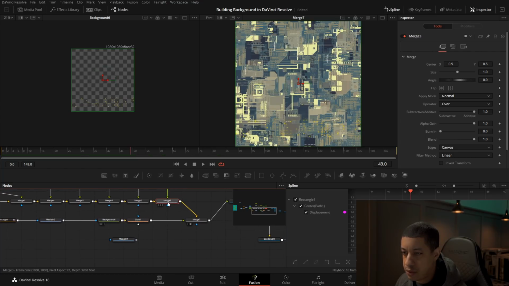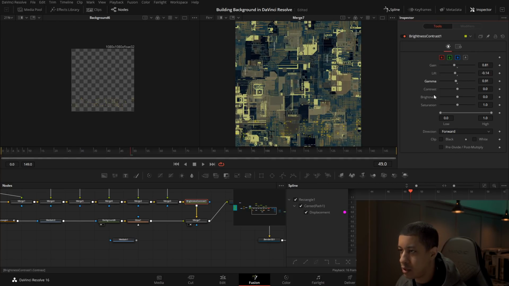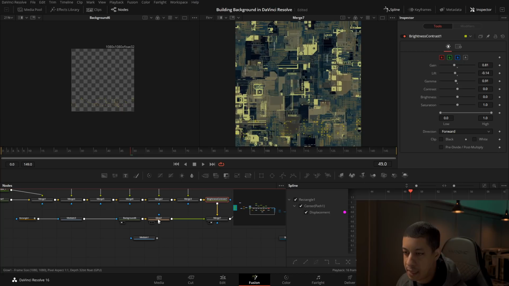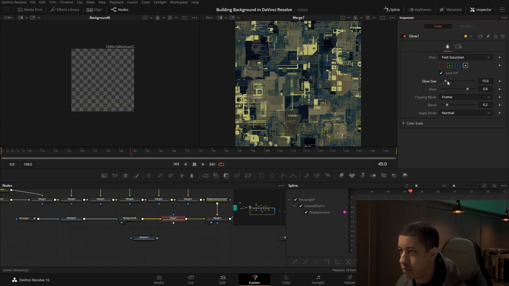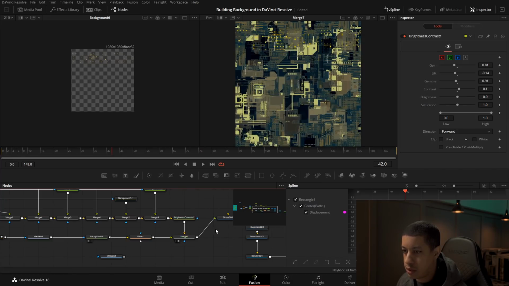I think what I'm going to do is, coming out of here, change the brightness of this and kind of bring everything down a little bit. Maybe something like that. And then this glow is going to make it seem brighter, and that's going to be the element that was going on here. There we go. Maybe this was a little strong. What is going on here?